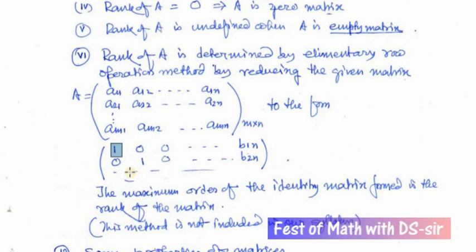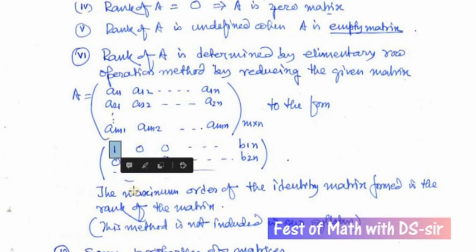This type of operation we have done in determinants. So if it is 1, you know how to make this element 0. After making this 0, you have to convert this term to 1. Since it is non-zero, you can divide this row by this term. If there is 7, you divide the second row by 7. So this becomes 1. And as soon as this becomes 1, you can make all other following elements of the column 0.